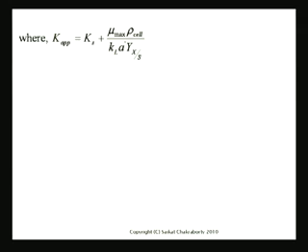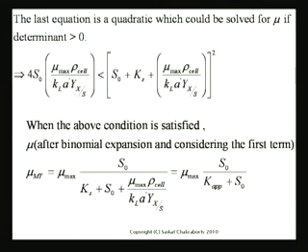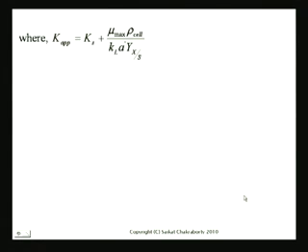Now let's go to the screen. So this is my K apparent. If you didn't write what I wrote, this is what it is. So mu mt is mu max S naught over Ks plus S naught plus this term, which could be written in the Monod form, mu max S naught over K apparent plus S naught, where K apparent is Ks plus this term. Because this term, mu max rho cell over KL Y, is greater than 0, K apparent is larger than Ks, which means that the overall growth process is slowed down, which is obvious. If you have mass transfer resistance, the overall growth process is obviously going to be slowed down.